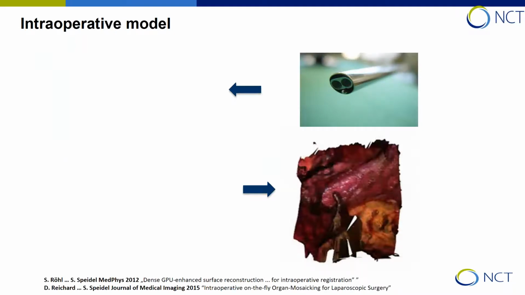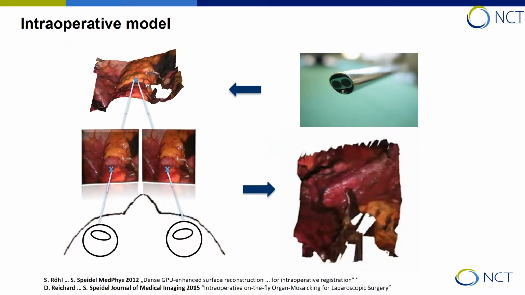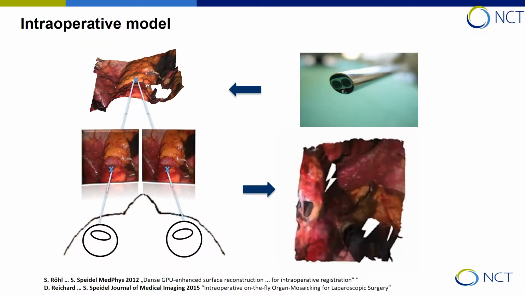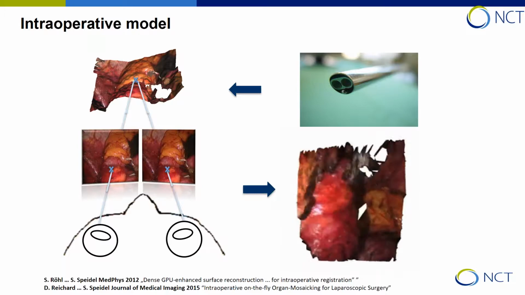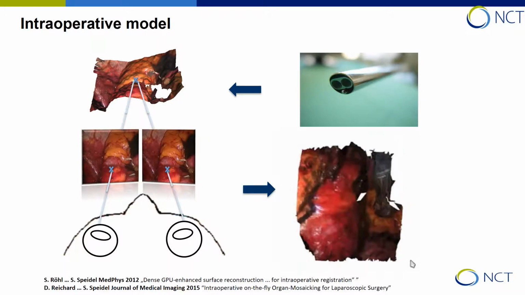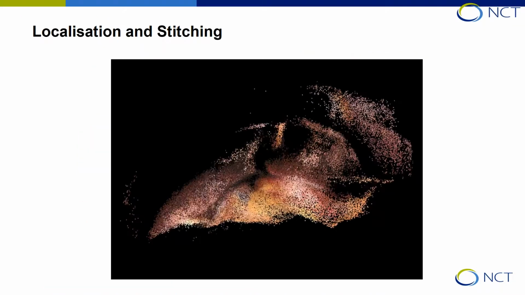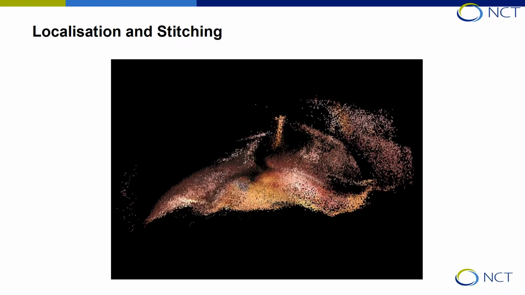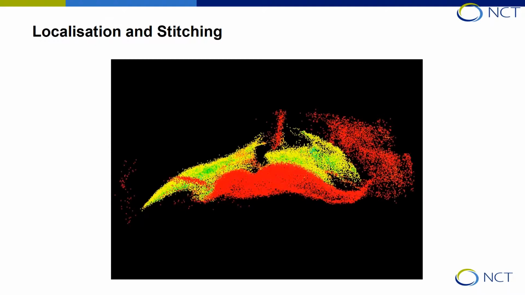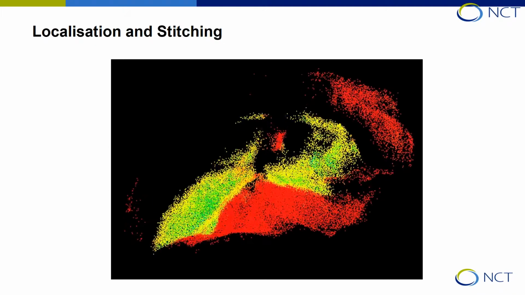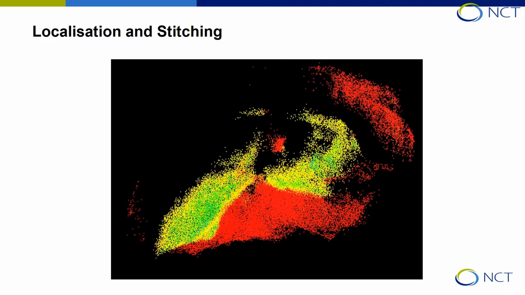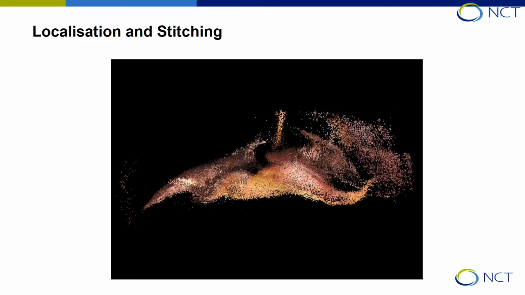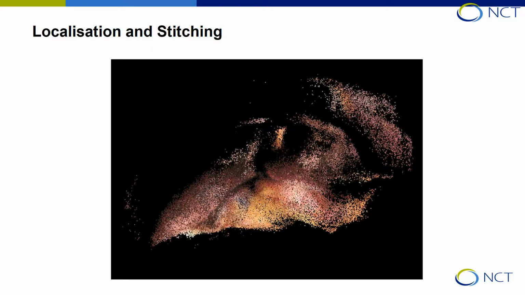Okay, so as I said, we reconstruct the intraoperative model based on the stereo images, and this is a standard stereo reconstruction approach we use here. And then here you can see the result. This is the result of our stitching. We used a SLAM approach to segment the liver in the endoscopic view before, to get the surface model we used for our registration network.